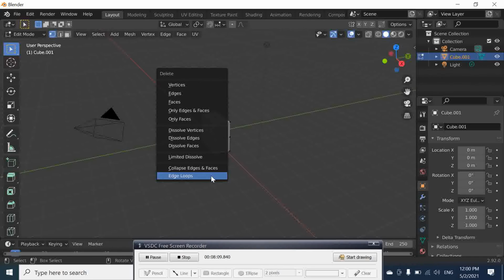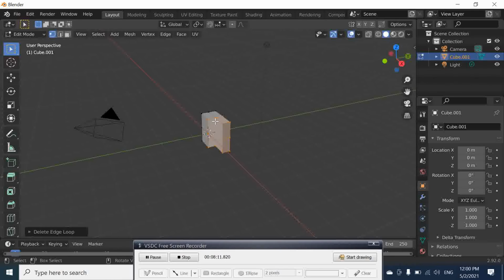We try to do again loop cut. Here you can see how only that small block of the cube is deleted. So this is a bit how you can do the add and deletions in Blender using different modes.